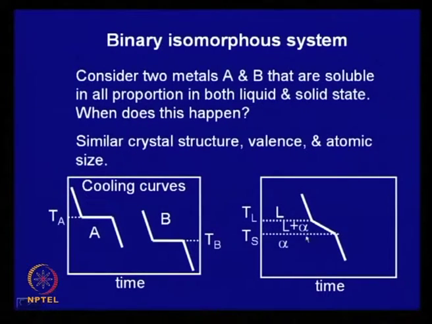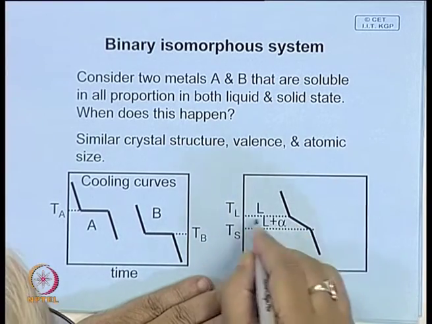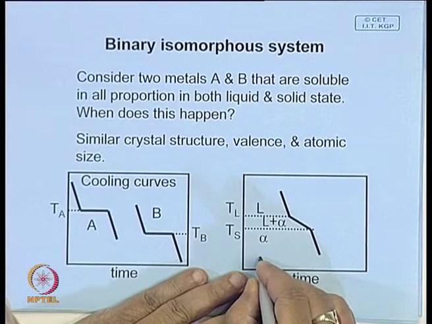And after the solidification is complete, it starts cooling at nearly the same rate as before. So, by performing this experiment on an alloy, we can get two temperatures, T L and T S, and both of these are functions of composition. That means we determine T L and T S for a particular composition,